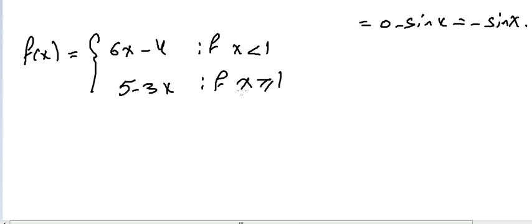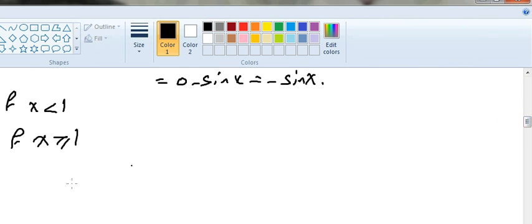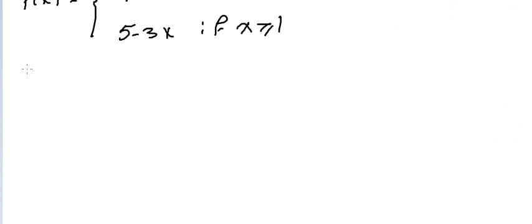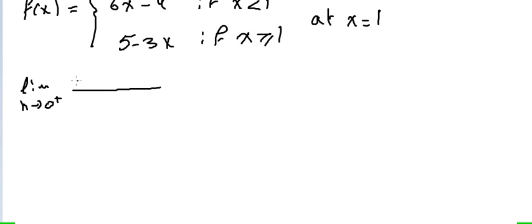All right, same, since we need to study the differentiability and to see if it is differentiable or not, this means we have to test the differentiability rule as h approaches 0 plus and as h approaches 0 minus. And where x equals 1, right? Here we have at x equals 1. So it's the limit of f of 1 plus h, right? Minus f of 1 over h, which is equal to